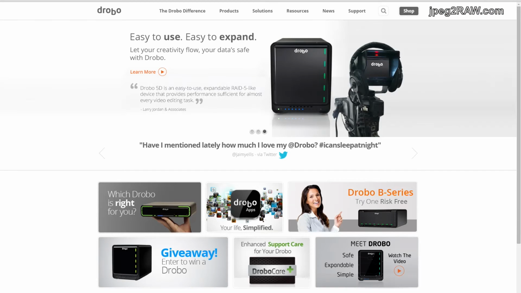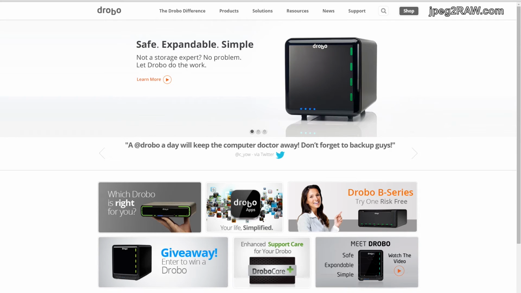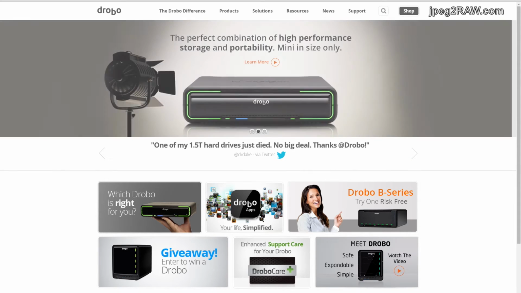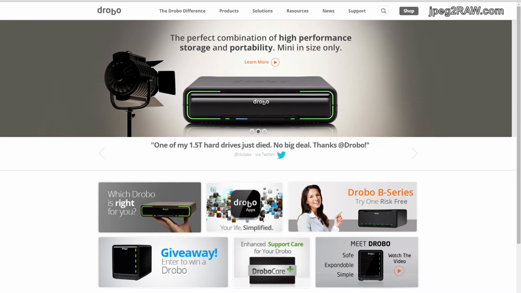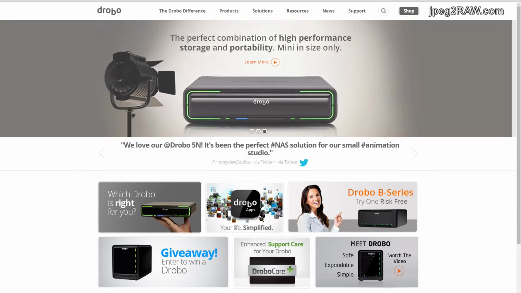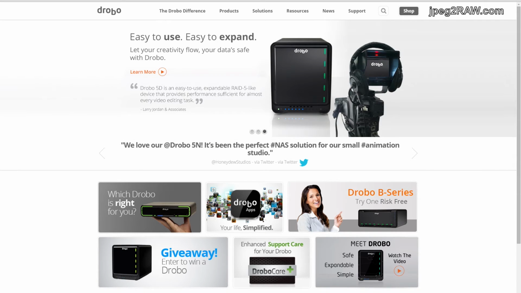The other one you can look at is Drobo, and you've heard this probably before. There's a lot of photographers who use Drobo. It again can connect to your PC or your Mac. They probably have a Thunderbolt version. They have a USB version. They even have a network attached version. If you use that, though, remember you can't run CrashPlan on this thing, or Carbonite or Backblaze. You can't run any of those, so it won't have any way of helping you back up offsite. But it could be a solution there.